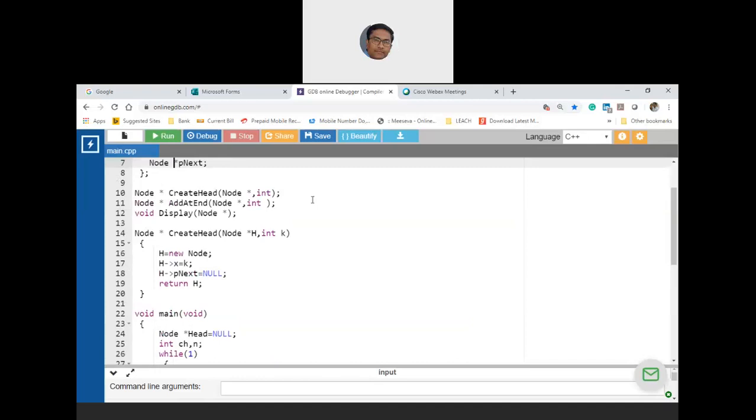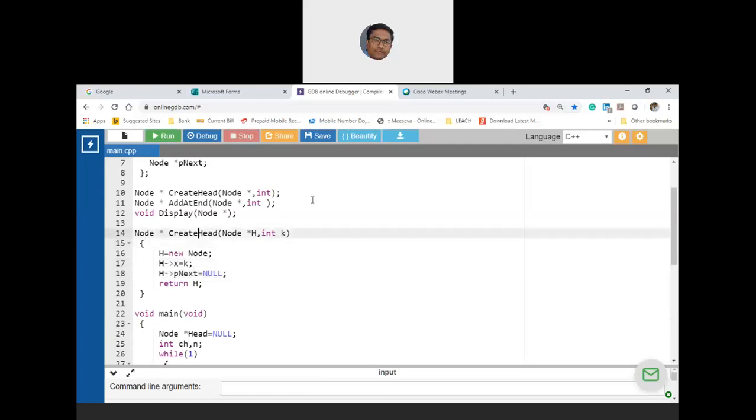A pointer doesn't require allocating memory unless you are pointing to meaningful data. We are using a pointer not to point to the data here. You are using a pointer to go to the next node address. So you are saying that p next is going to hold null.